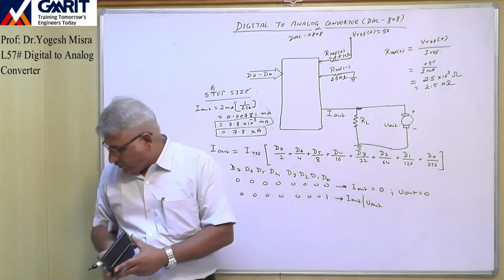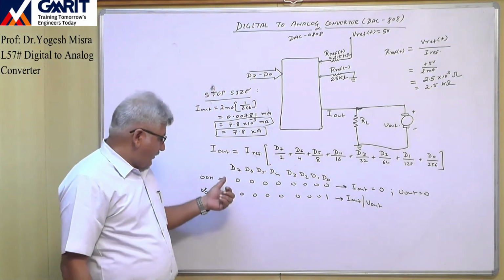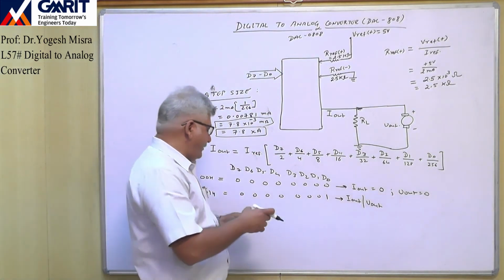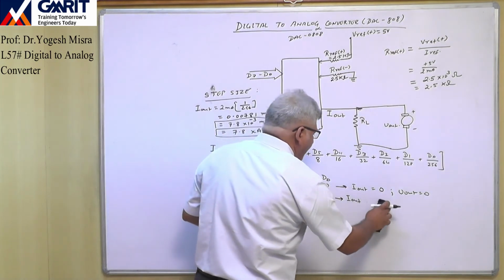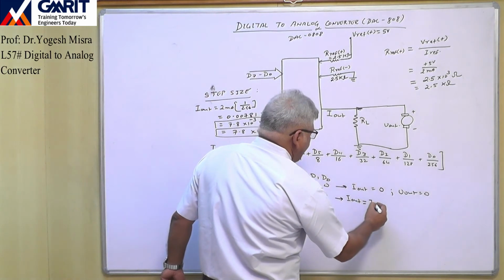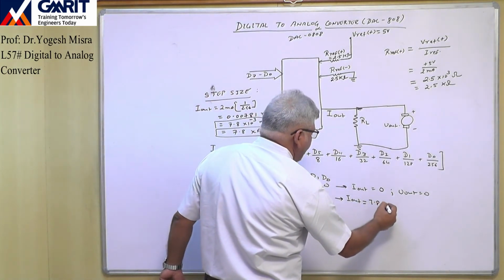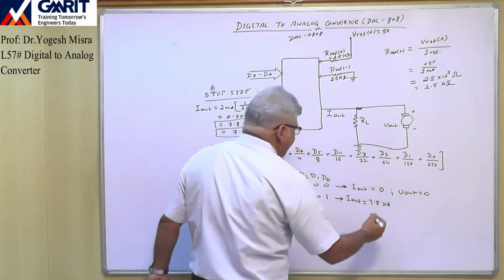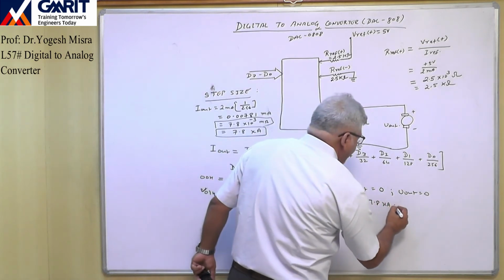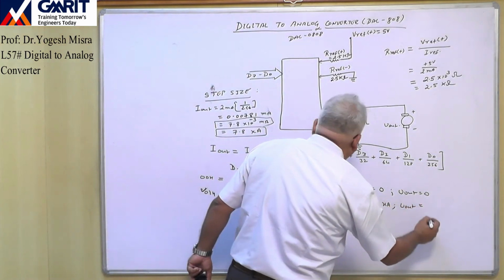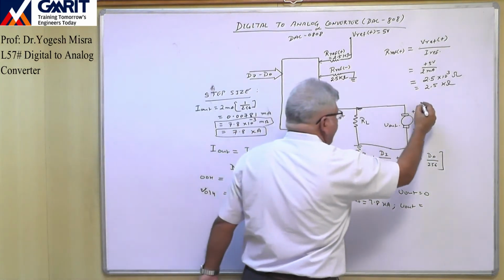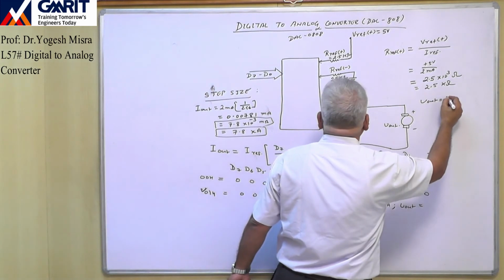So when the system is going from this state to this state, in the second state we are having an output of 7.8 microampere. So this is the step size. 7.8 microampere is the step size. Or in terms of V out, we find out the V out. So whatever V out is, here we will write V out is